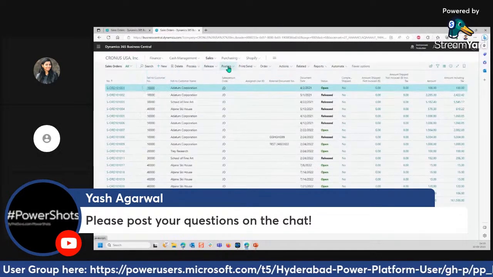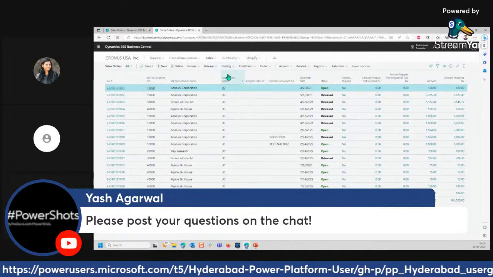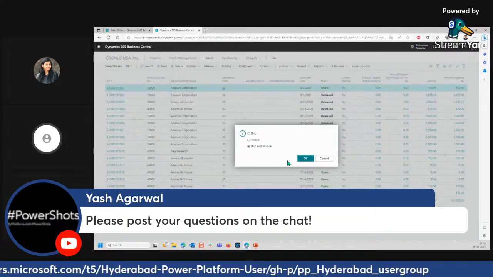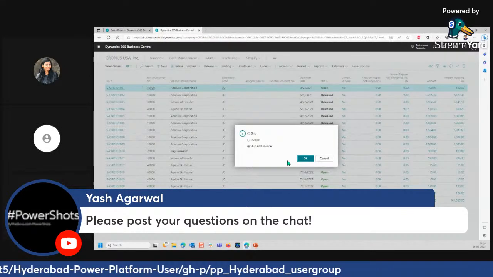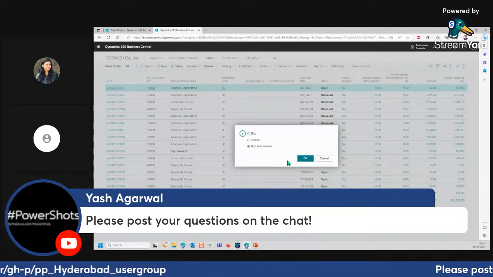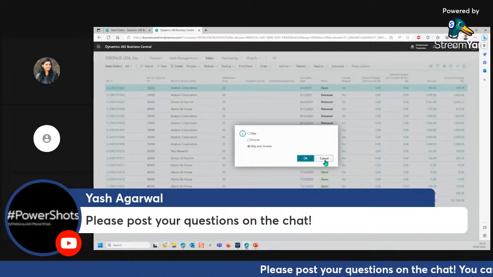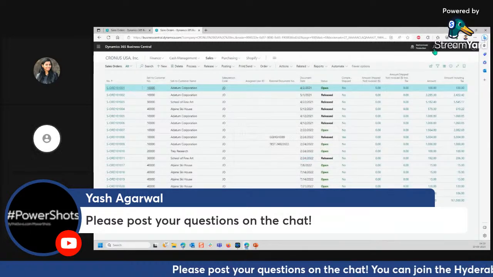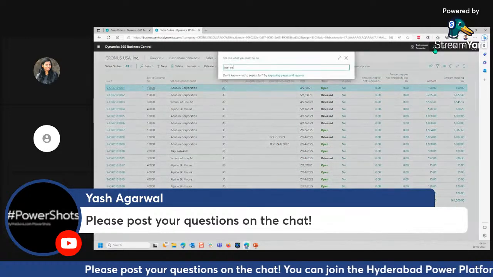I'll try to post it. Okay, now you can see that like usual, we used to get three options in NAV. Similarly, we're getting three options here. Allowed means the default system behavior will prevail. Now let me click cancel and let me change in user setup